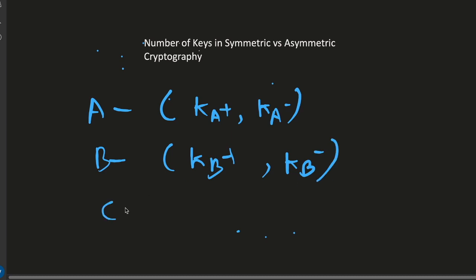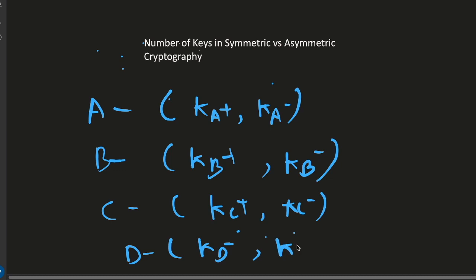So that works. Essentially, I just need this, and I'm good enough. This simplifies the problem a lot, and I hope you're able to appreciate why asymmetry is special, because I just need 4 key pairs in this case. So a total of 8 keys, but 4 key pairs. You'll be able to appreciate this a lot more if, let's say, n becomes 1,000.